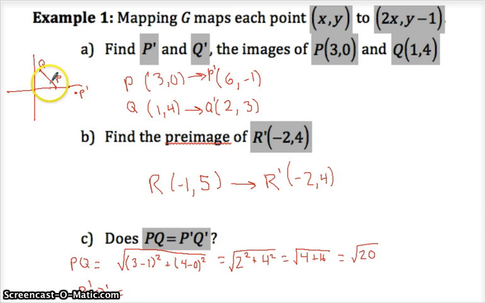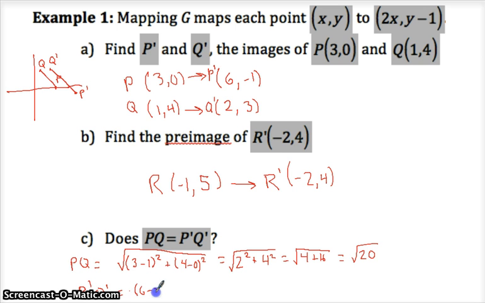That was 3, right? So 2, 3. It's like Q prime's up here somewhere. So it looks to me, just by freehanding, like it got longer when we put it into this machine. Maybe that 2 had something to do with it. Well, we'll see. The distance from P prime to Q prime, again, is the square root of